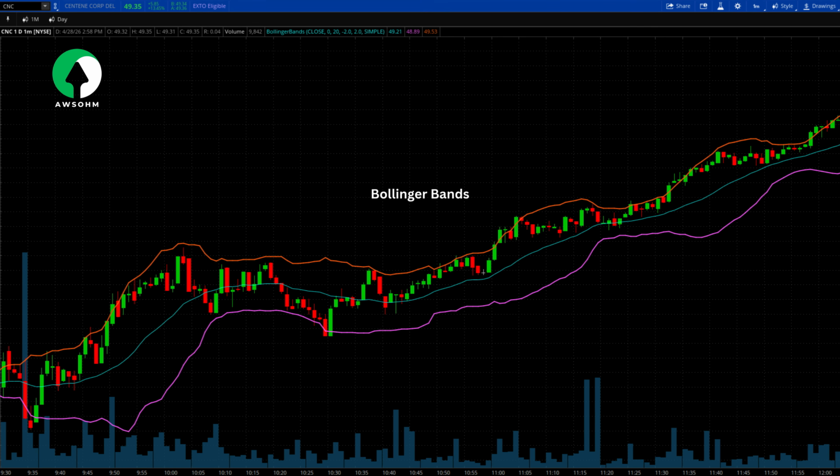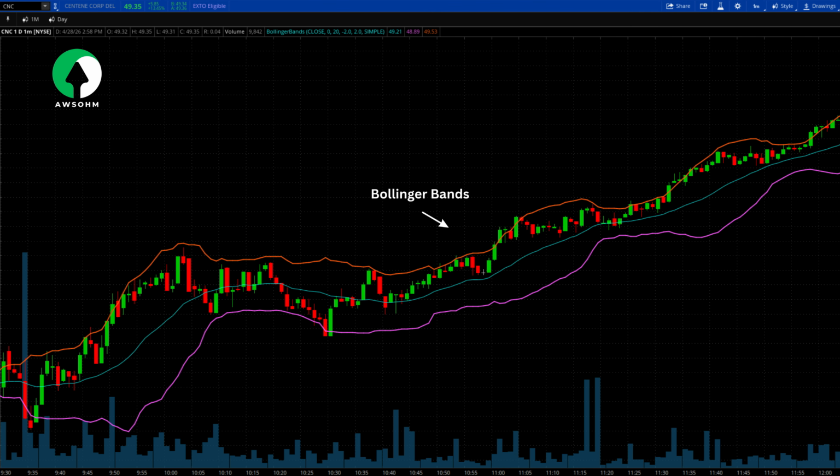2. Bollinger Band utilization. While she advocates for clean charts, Marci uses Bollinger Bands as a specific tool to gauge market extremes and volatility. Mean reversion: she looks for instances where price stretches too far outside the bands, suggesting a move back to the mean, the middle moving average, is likely. Volatility squeezes: similar to the TTM squeeze concepts, she watches for the bands to tighten, indicating an impending breakout. Trend strength: she observes if price walks the bands, stays pinned to the outer band, which confirms a strong, healthy trend rather than an exhaustion point.